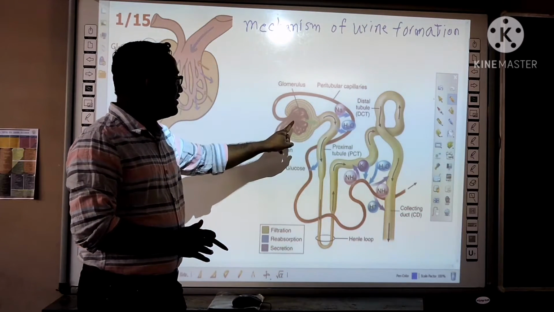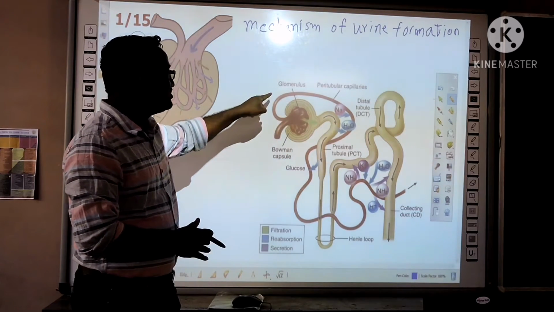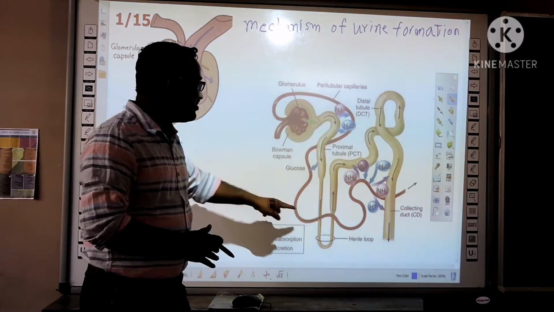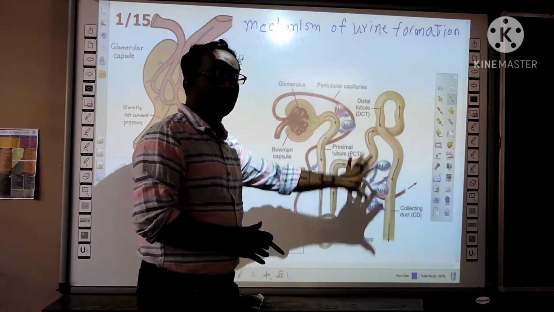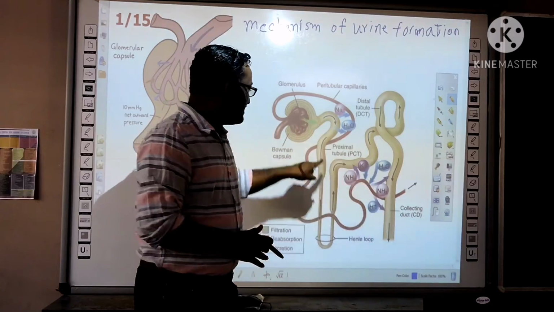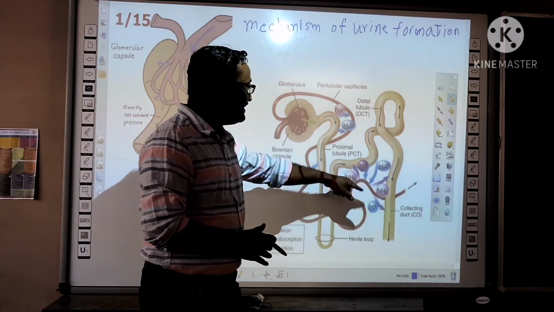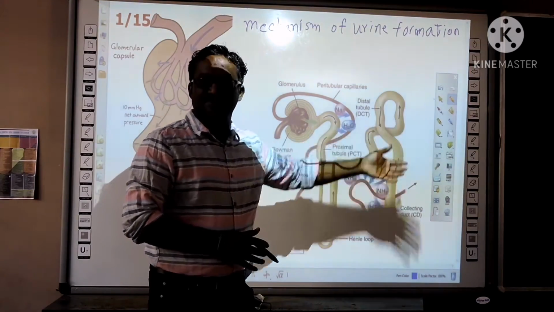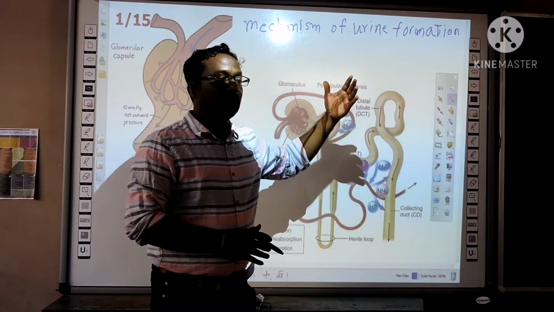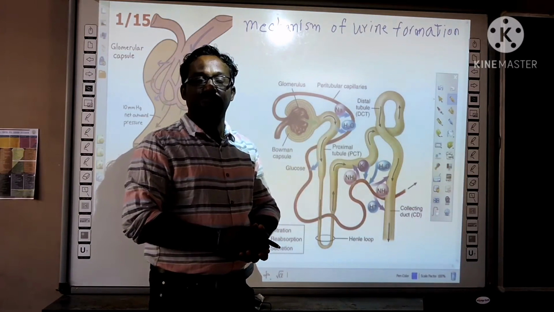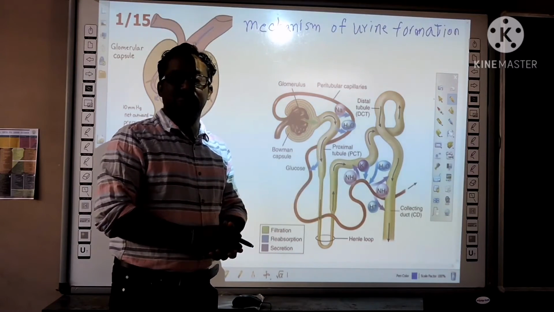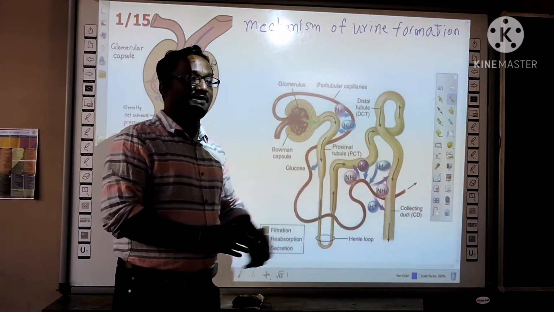The afferent arteriole forms the glomerulus and it leaves the Bowman's capsule as the efferent arteriole. The efferent arteriole continues and forms a peritubular network around the tubules. This arteriole finally connects to the venous system: renal venules, and the renal venules form the renal vein. So in the glomerulus, through ultrafiltration, urine formation takes place.